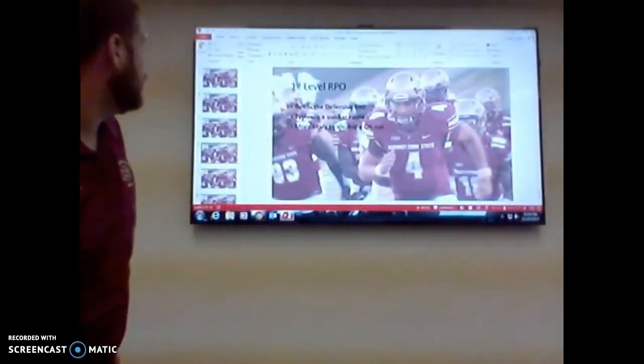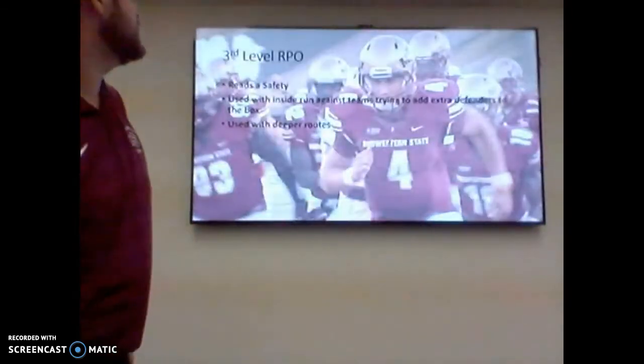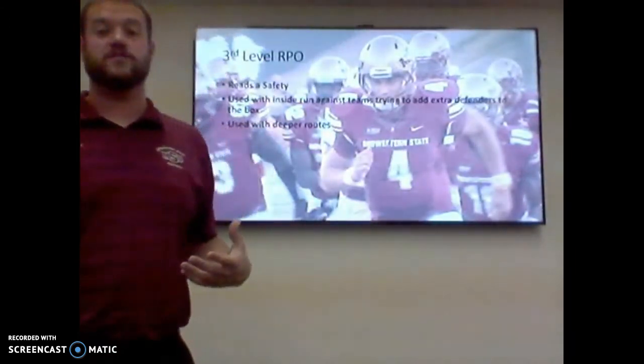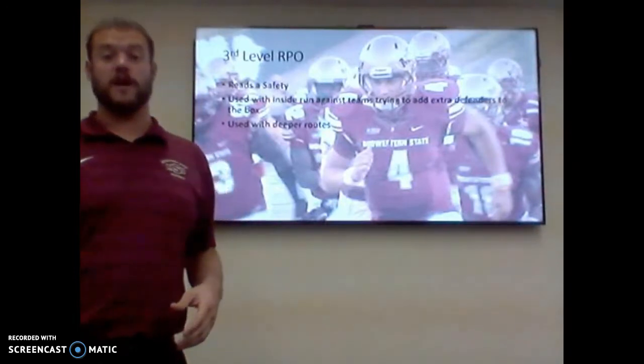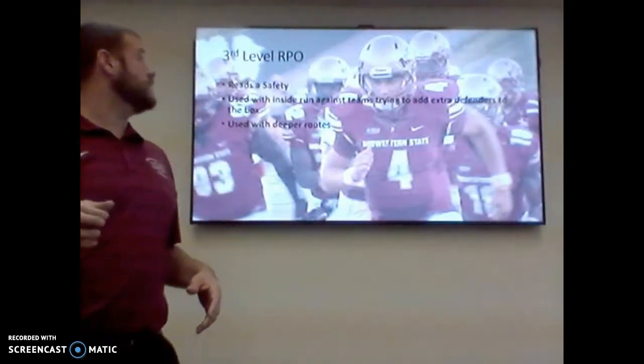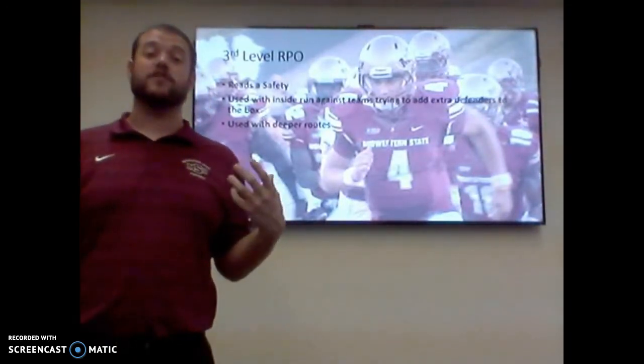All right, let's talk about the third level RPOs now. These are going to be your deeper down the field shots. This is where you're looking at the safeties. This is where you're looking for your home run hitters. Really what you're looking for here is you want to look at teams that are trying to stack